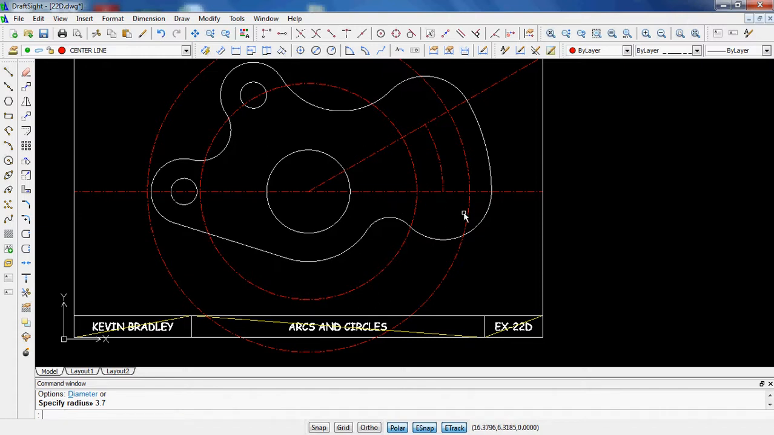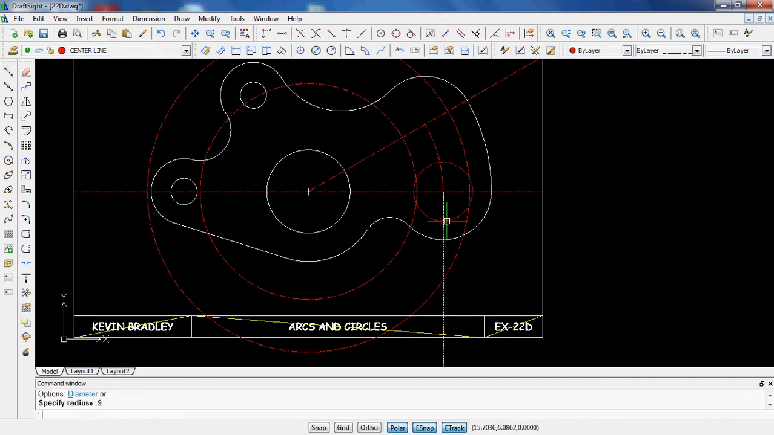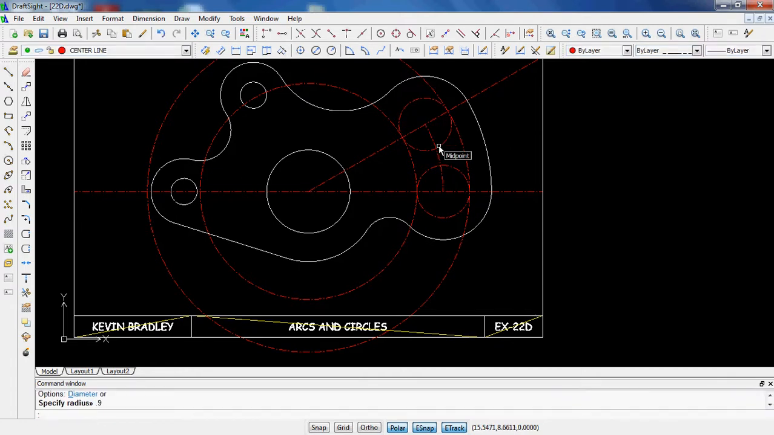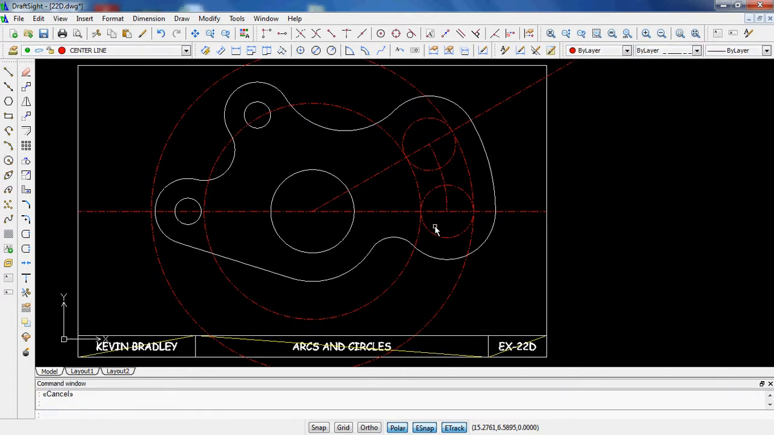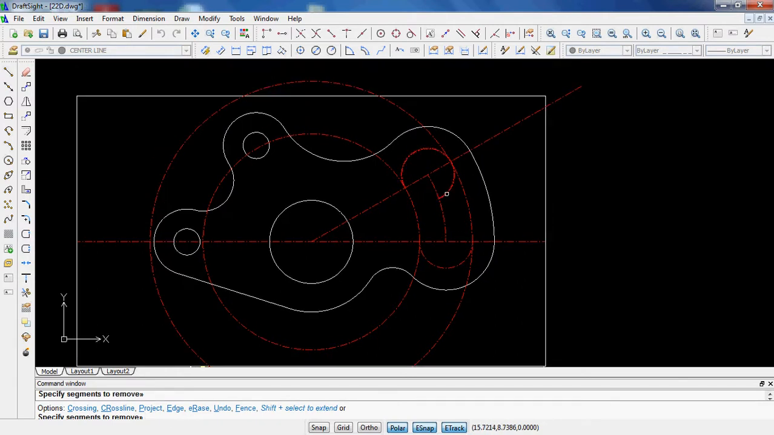Now I just need the parts that make the half circles on the top and the bottom. It looks like those have a radius of 0.9. So that would be from here, and also from here. And now it should be pretty much done. While trimming, we'll trim,